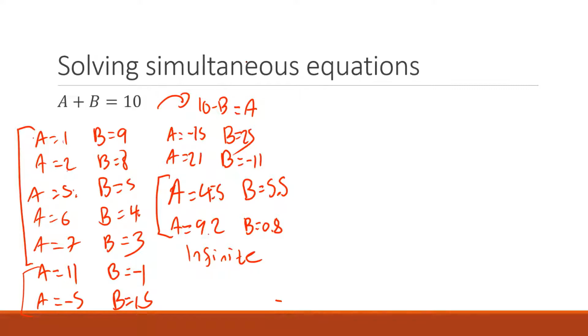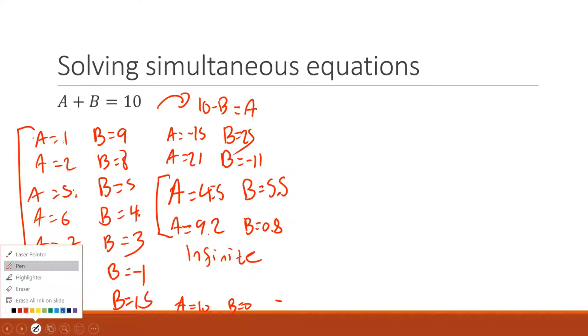You know what? One of the ones we did forget, by the way. I'm going to slot this in down the bottom. A equals 10, B equals 0. There's so many different solutions. There are an infinite amount of solutions between 0 and 10. There's an infinite amount of solutions where A is more than 10. A could be any number. But I guess what I want to show you guys is this. What that means is that we can't actually find a solution.